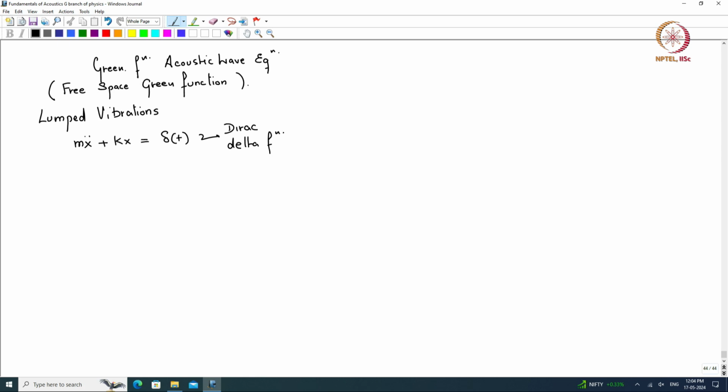So that means an impulse is given, like a hammer hit. Then the response, or the impulse response,